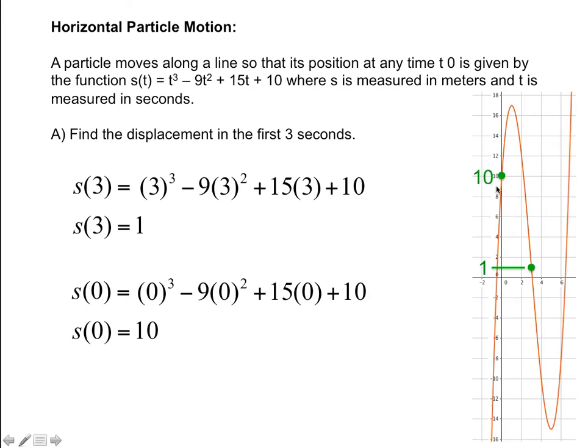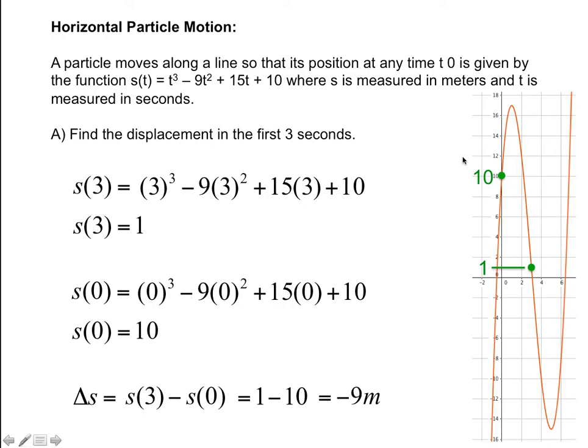So here's our initial position, here's our final position. So the displacement goes from this value to this value. Our displacement is our final value minus our initial value. So it's 1 minus 10. So our displacement is minus 9, which means that we started here, and in the first 3 seconds, this object